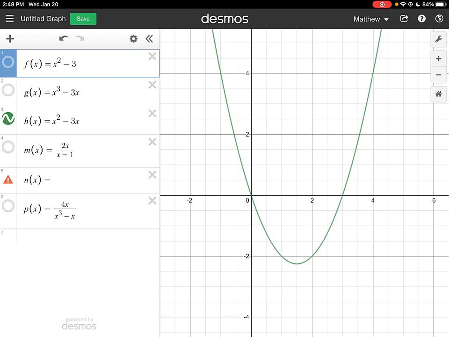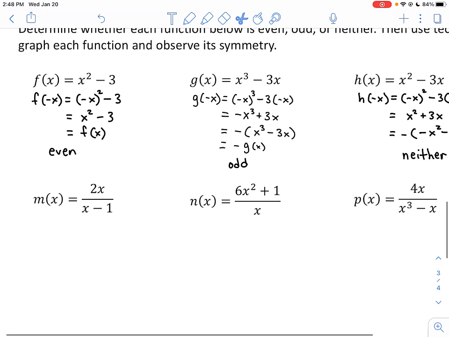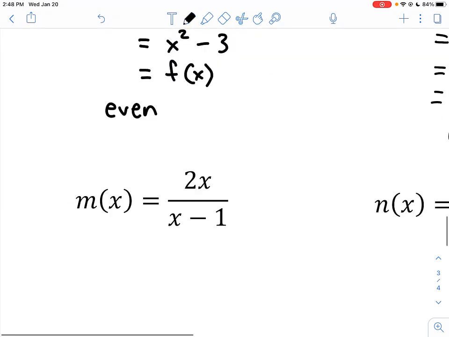Nor is it symmetric about the origin. If you rotate this 180 degrees around the origin, it will not be the same graph. So this has neither symmetry. Okay, now we're going to explore some functions that are a little bit more complicated and see what we can